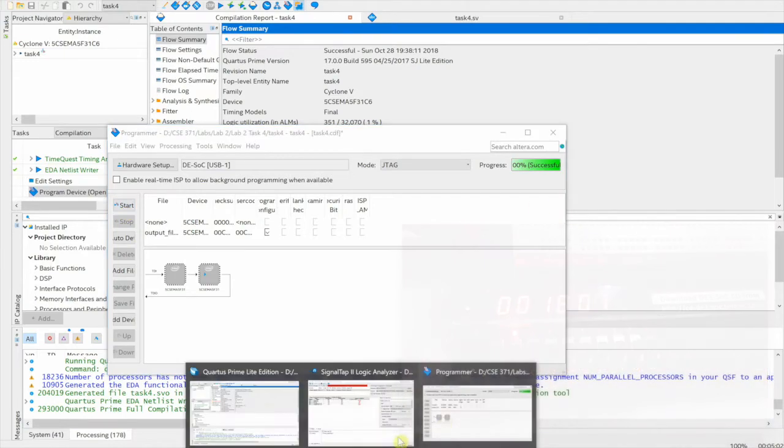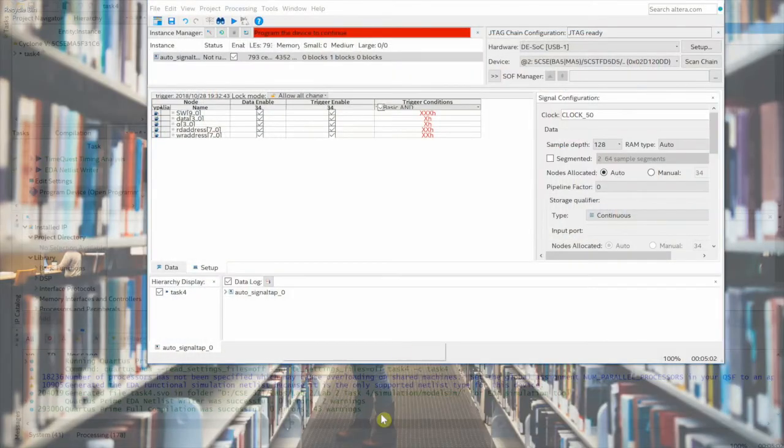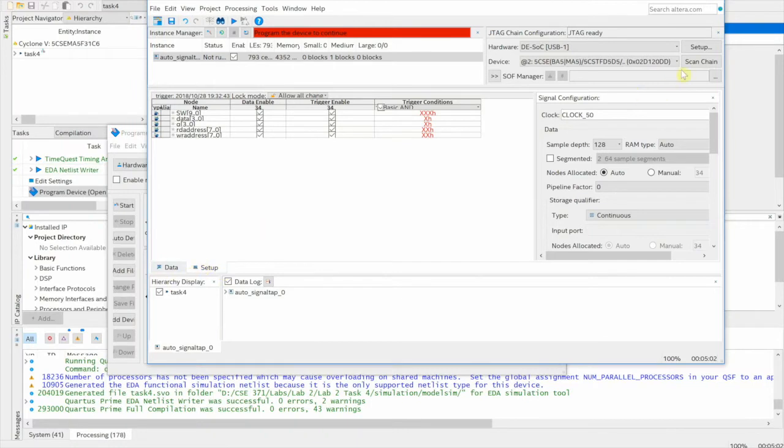Okay, and then we're going to go back to the SignalTap 2 Logic Analyzer window, and we're going to do that scan chain again. So it'll say waiting for JTAG, and then it says ready to acquire. So now what we're going to do is go to the data window,